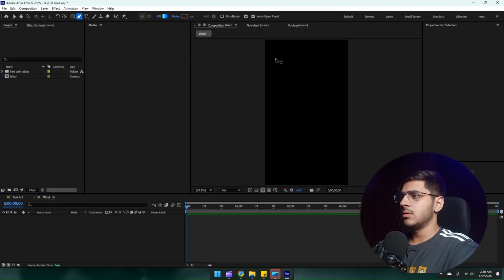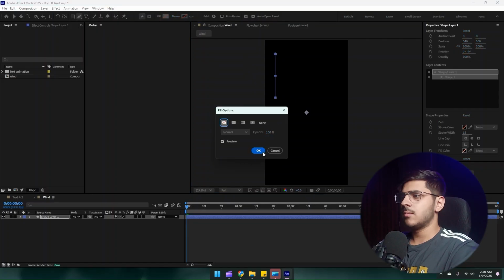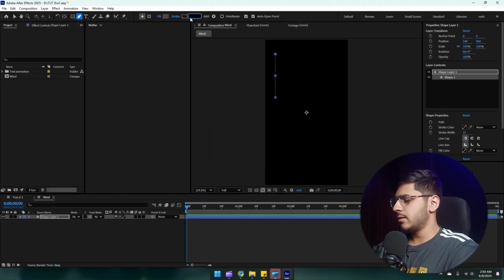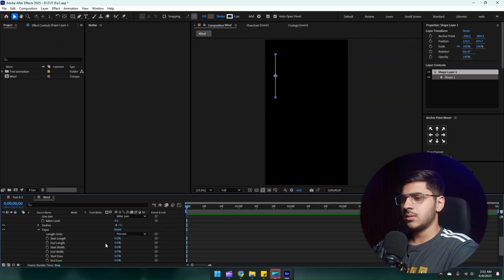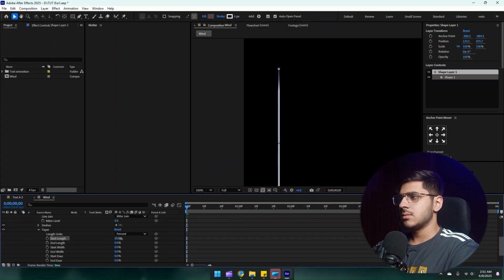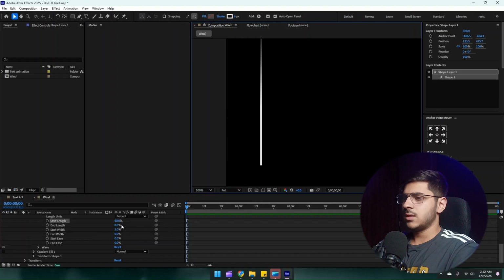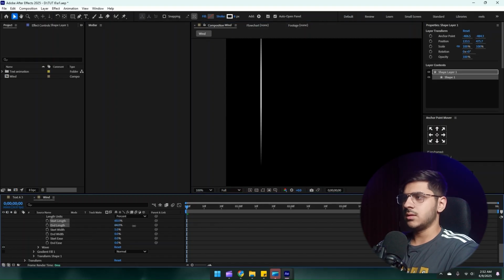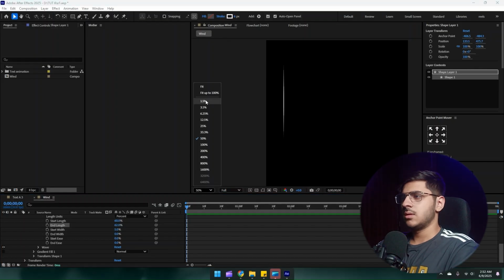Now grab the pen tool, create a line with this. Make sure you press shift for a straight line. Remove the fill, go to stroke and add it 6. Now open this panel, go to content, shape, stroke, then taper. Now let me just remove the controls as well. Now we have sharp corners. Now go to fit,